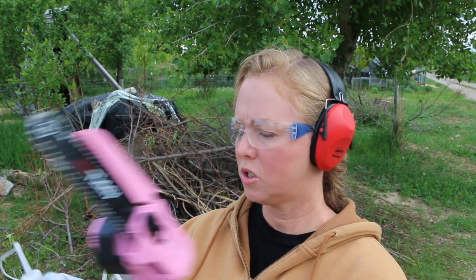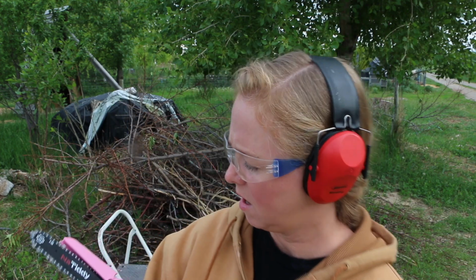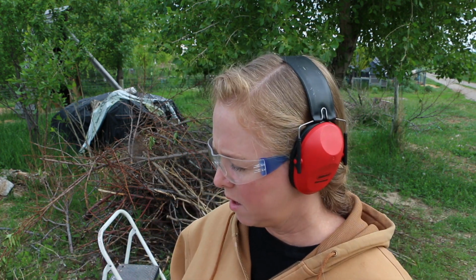All right, so I'm gonna put a little bit of oil. I'm not exactly sure where to put it and how much to put, so that's going to be interesting. I wish it had said something. Generally with something like a sewing machine, you don't want to add too much oil. You want like a drop of oil. But because it didn't really